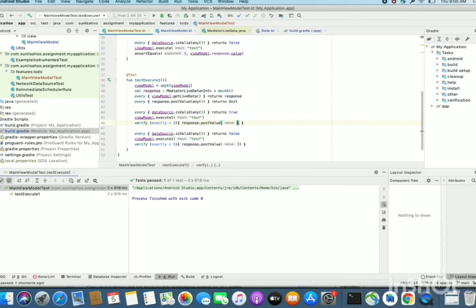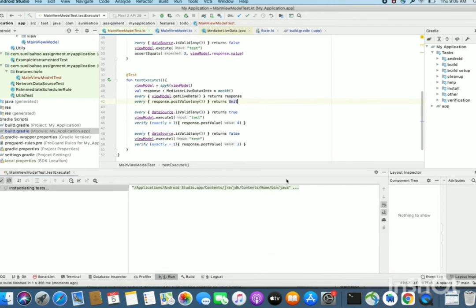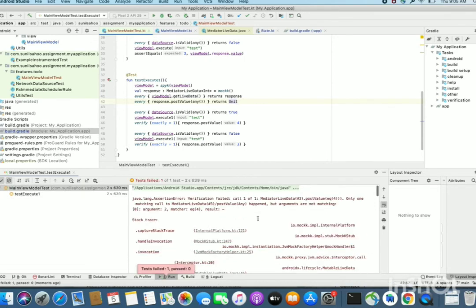Now let's try to give some other value, 4 instead of 2. Let's see what happens. Yep, we got an error because the value was posted as 2.